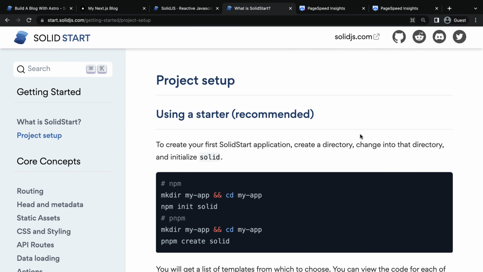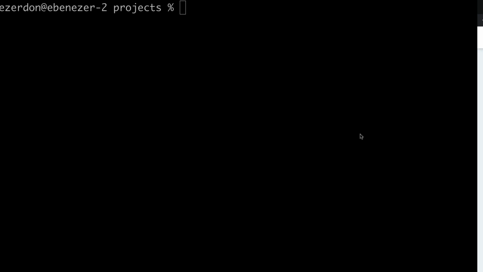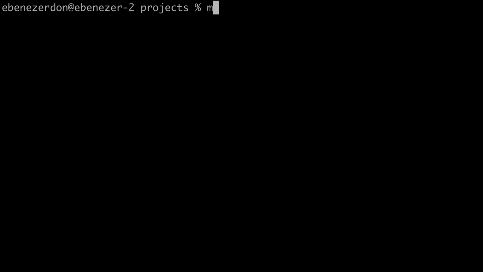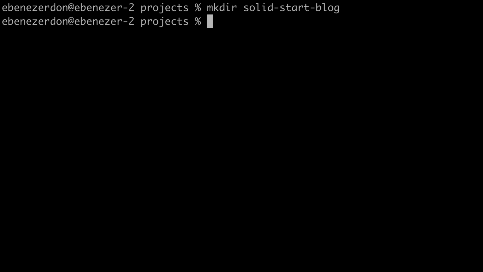To set up a SolidStart application, we'll go over to a terminal or a file manager and create a directory in your own parent directory of choice. So right here, I'm creating my SolidStart application in the projects directory I have on my desktop, and I'll say mkdir. You can also do this with your file manager or file explorer. This is just creating a directory named solidstart-blog right here. And I hit enter, we have a directory. Now the next thing I'm going to do is go over to the directory and cd solidstart-blog,